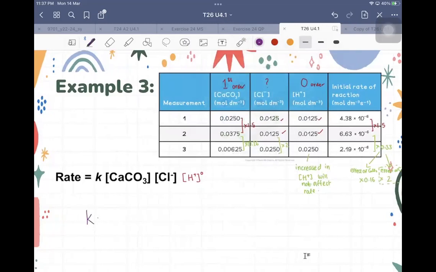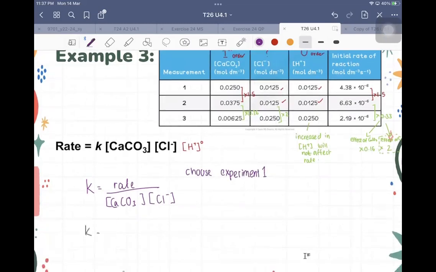So K is equal to rate over the concentration of calcium carbonate and the concentration of chloride. Again, you just have to choose one experiment. Choose experiment 1, maybe. Okay, so K is equal to 4.38 times 10 to the power of minus 6 over 0.0250 times